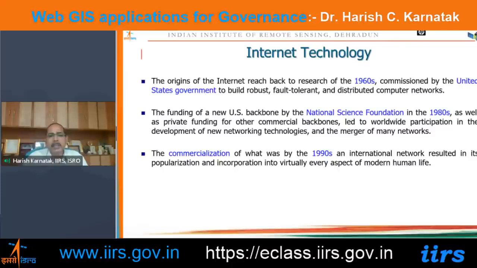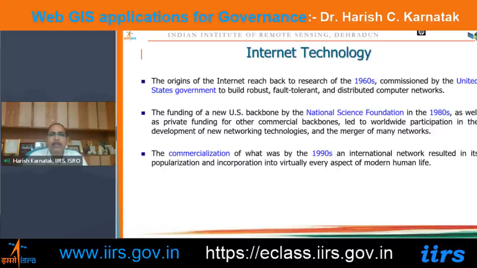In a later stage, the US backbone by the National Science Foundation, sometime in the 1980s, they started to fund a commercial backbone that led to worldwide participation in the development of new networking technologies and the merger of many networks. Basically, it was a network of networks.